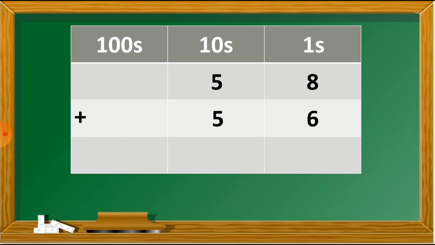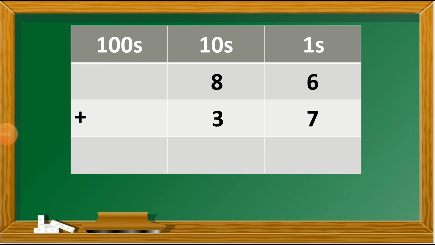So let's see one more example for you. Here is the ones column, 8 plus 6. First of all, add 8 plus 6, which is equal to 14. So write down 4 under the ones column, and the other 1 will move as a carry forward number to the tens column. So 1 plus 5 plus 5 is equal to 11. So write down 1 under the tens column and another 1 at the hundreds column. So 114 will come as the answer. Hope you understood this and there is no doubt regarding this.